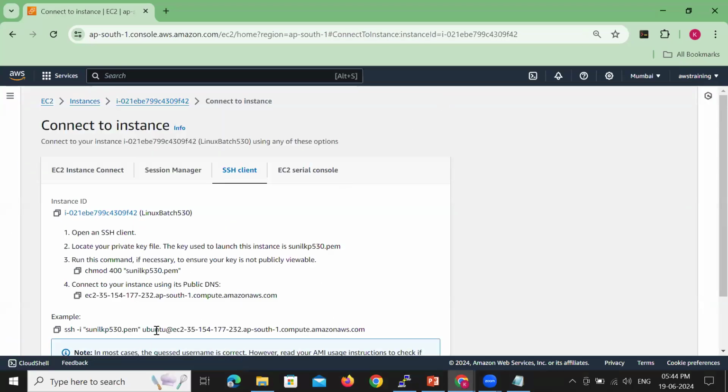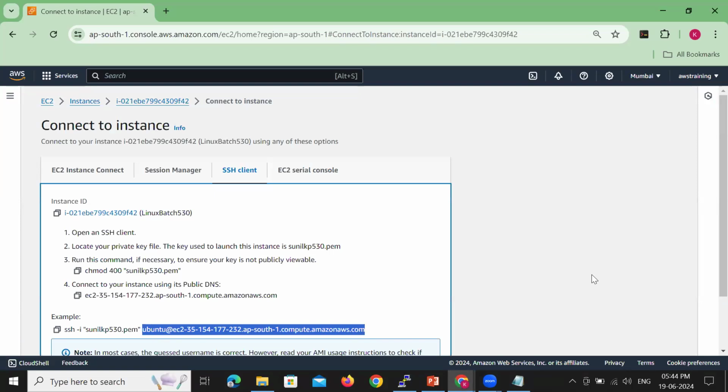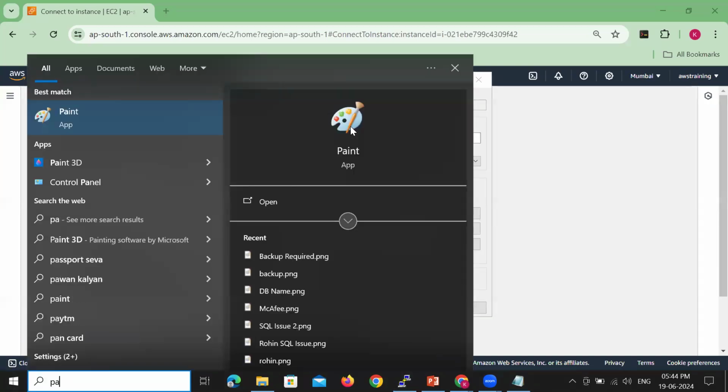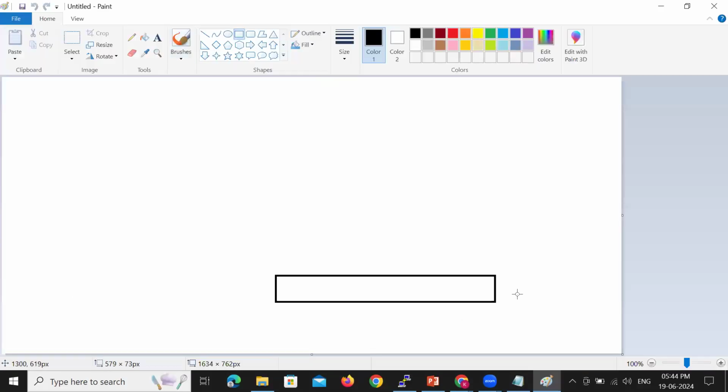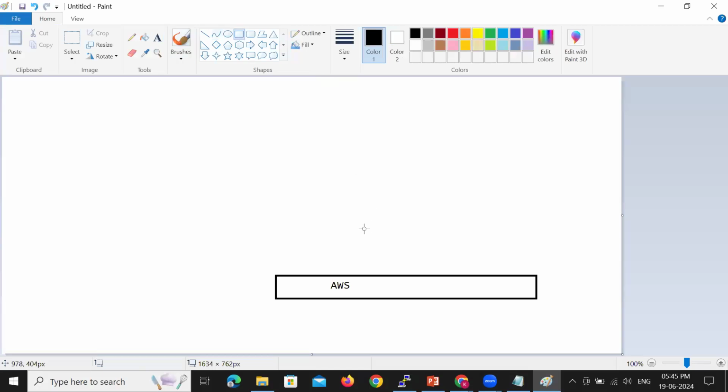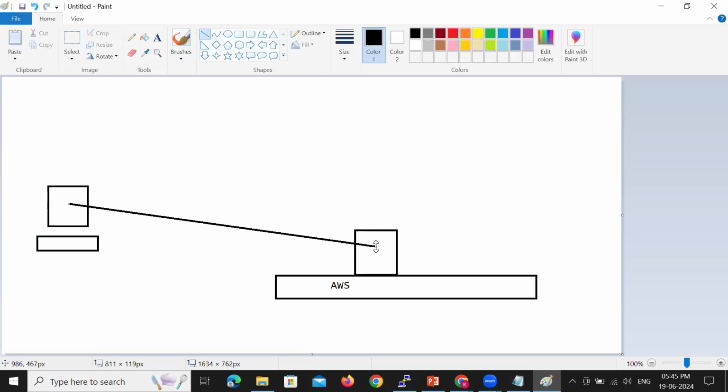The user is the username at DNS, and this should be your host name if you want to connect to the Linux machine. This is the AWS Cloud Platform. We have created a Linux machine, and from our personal laptop we are connecting to a Linux machine which is running somewhere in the Mumbai data center.